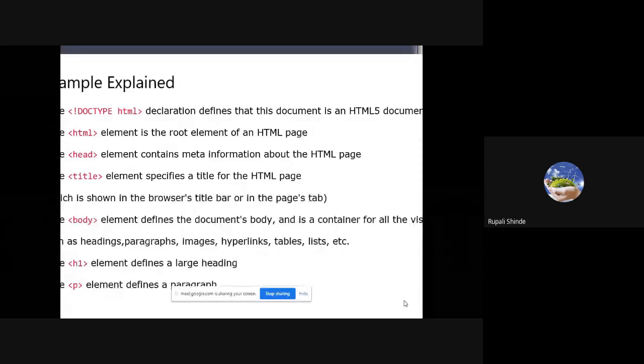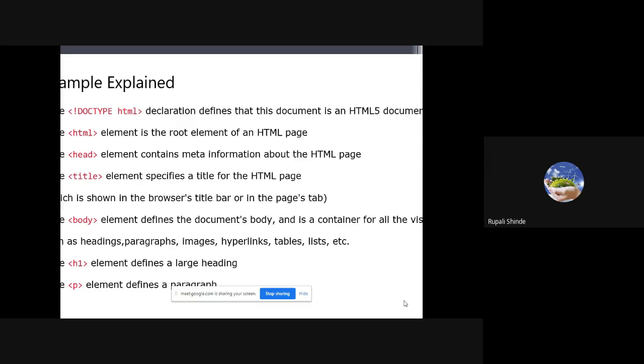And how are we going to include the name? With the help of the title element. Okay, that's why the head element contains the meta information about the HTML page. Okay, it has the additional information about your web page. Now we are going to see the name of your web page. The name is the asset of that particular web page, or the information of that particular web page, which we have to include into the head element with the help of the title element.